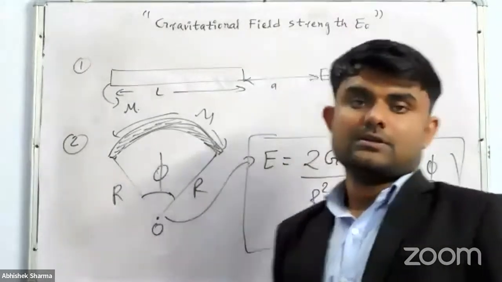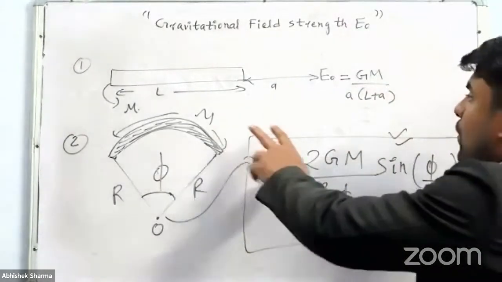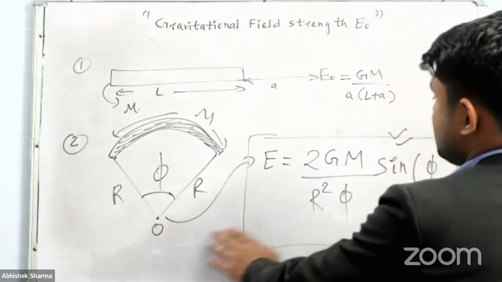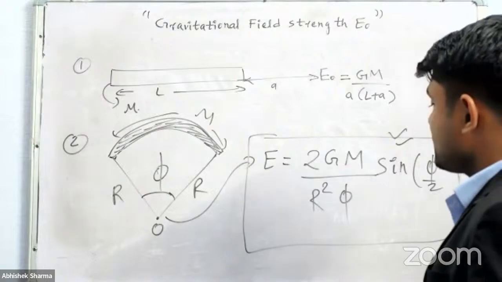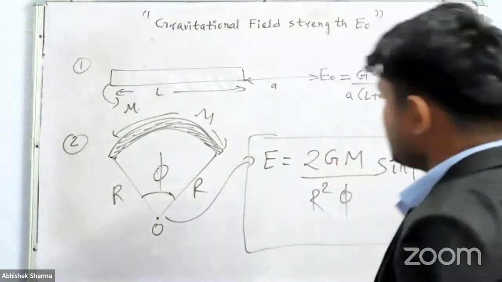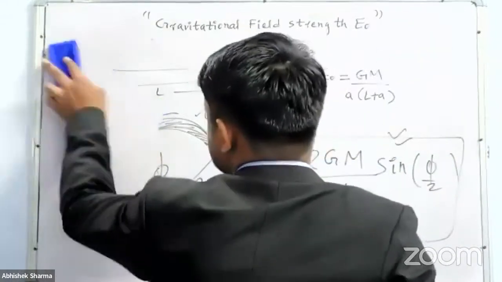So you are able to understand that due to the rod, the answer is GM upon A times (L plus A). And due to the arc, it is 2GM upon r square phi, times sine phi by 2. So now what we're going to do is